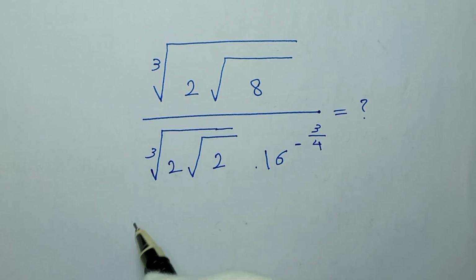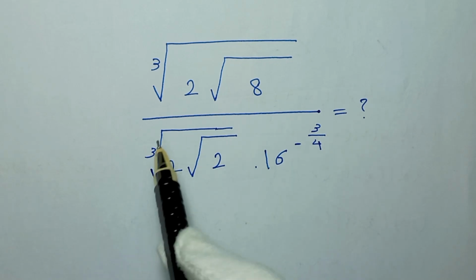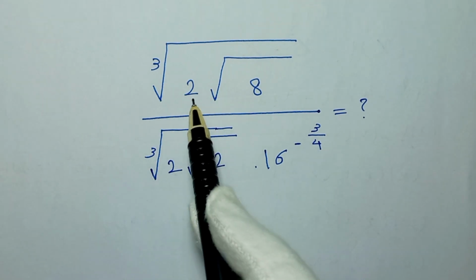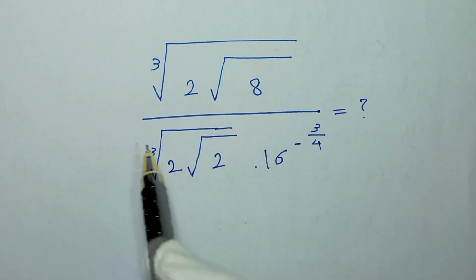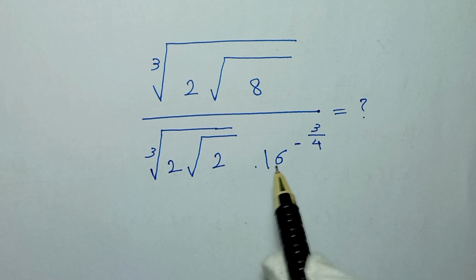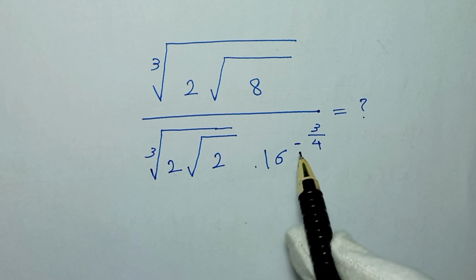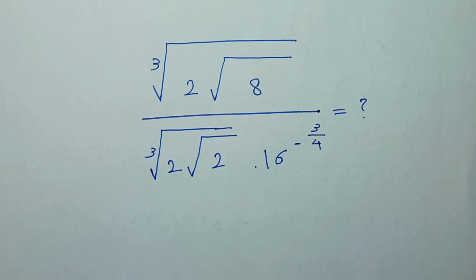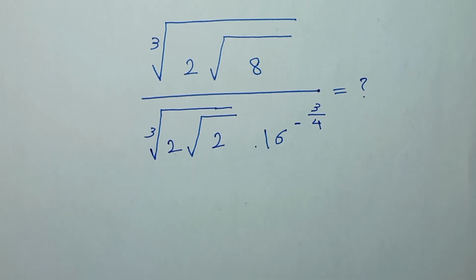Hello my friends, you're welcome to solve this math problem, which is cube root of 2 times square root of 8 over cube root of 2 times square root of 2 times 16 to the power of negative 3 over 4. In the first step,